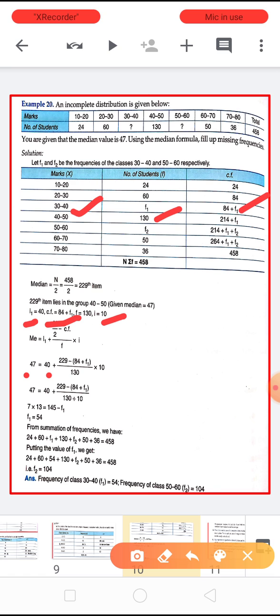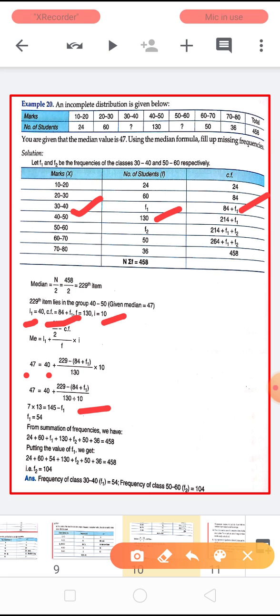It is in multiplication on the numerator side, it becomes division in the denominator. So 130 divided by 10, so we get 13 on the denominator. So children, here you just see it is